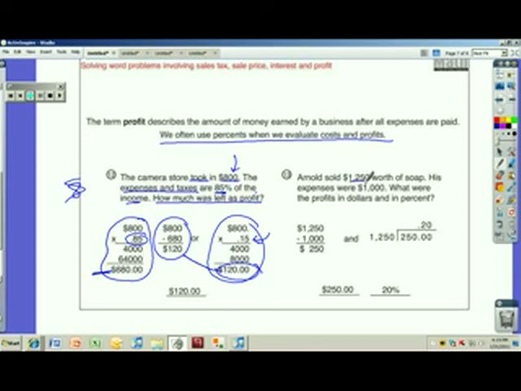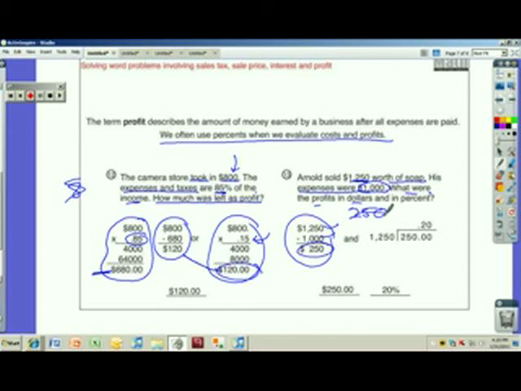Arnold sold this much worth of soap. His expenses were $1,000. What were the profits in dollars and in percent? Woo, this is a tricky one. So how much money did he have in profit? Well, if he sold $1,250 and his expenses were $1,000, his profit's $250, right? What percent is that? His percent is